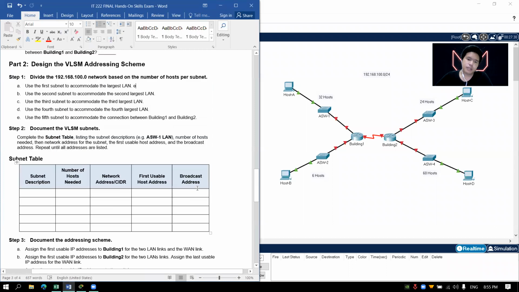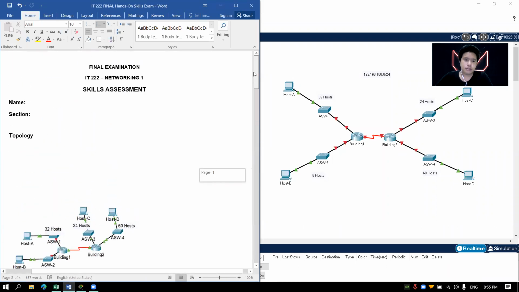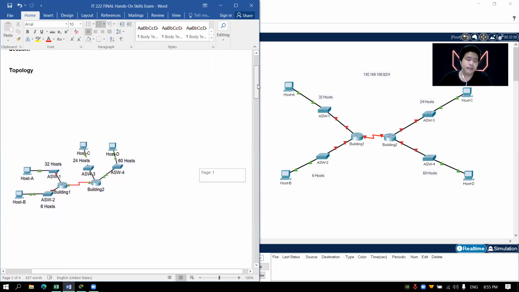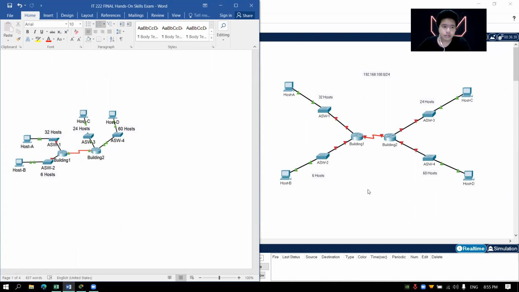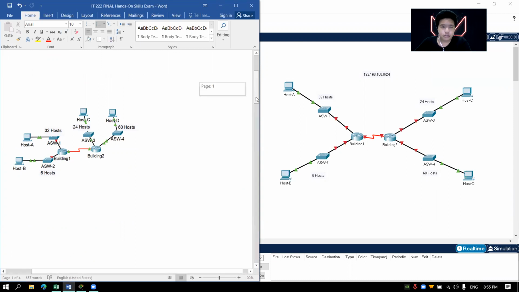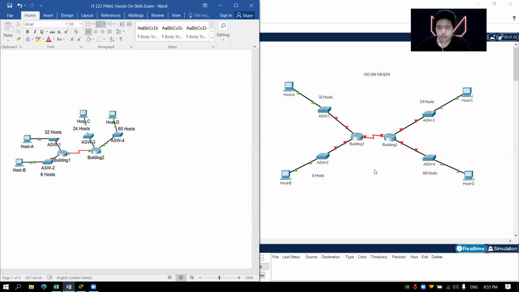So today everyone, I'm going to do the final examination of Networking 1. And here is the given topology. So I arranged it in my own choice. So let's start. First things first, let's check for